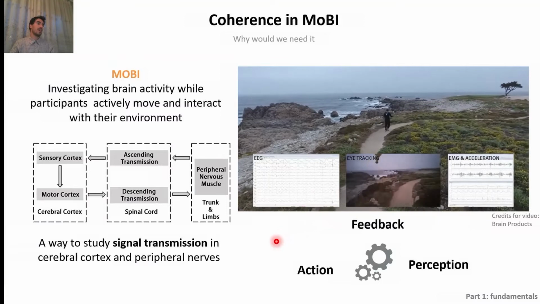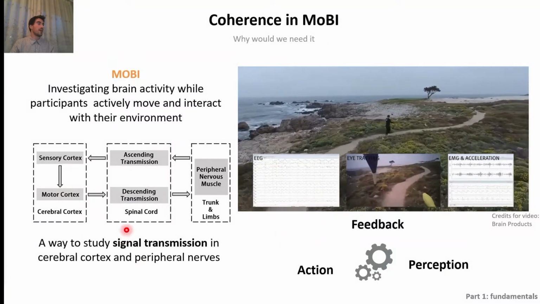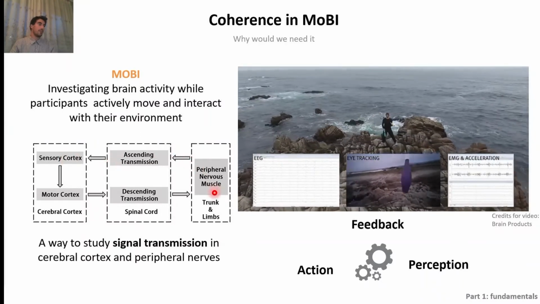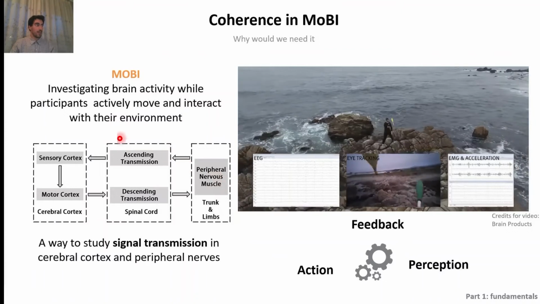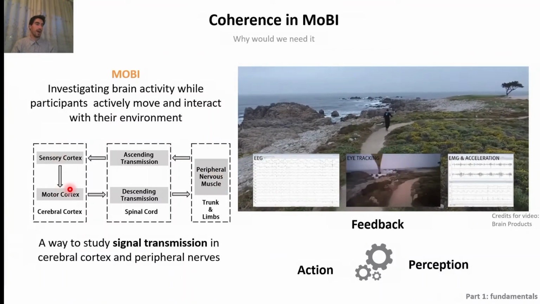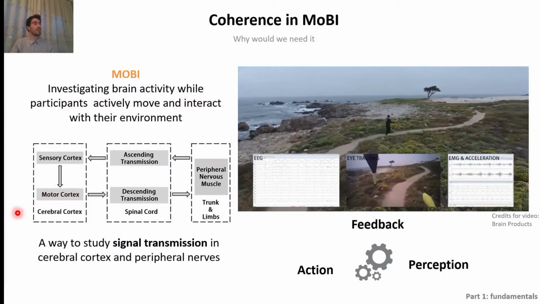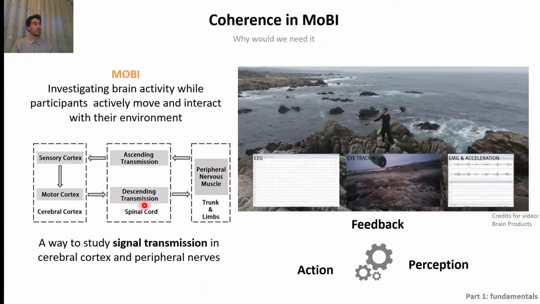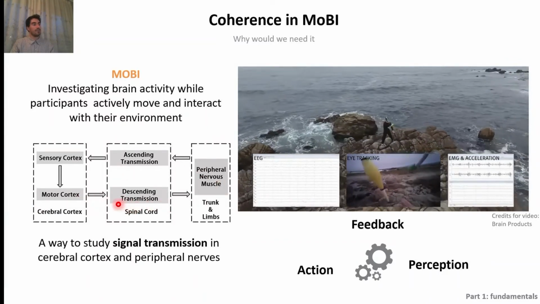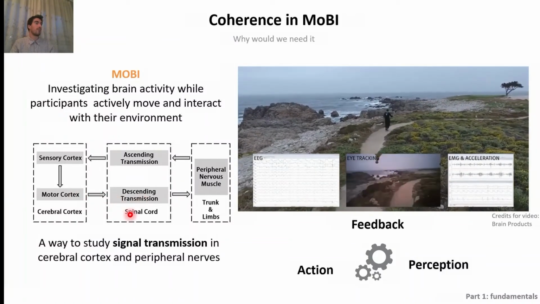So this translates into a full loop where you have the sensory cortex that gets the signals from the peripheral nervous muscles, and then it transmits, I would say, just to simplify, all the data to the motor cortex that actually goes into this part of the loop where you have the transmission of data through the spinal cord to